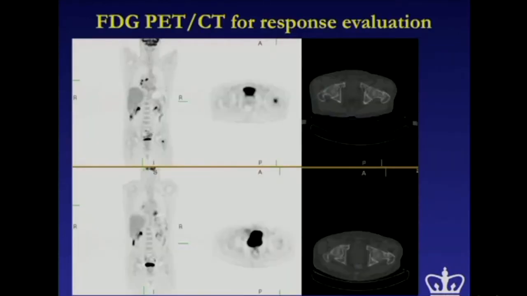And we can use it as a pharmacodynamic biomarker, which means we can use it at baseline to demonstrate the disease in the lung. This is the same patient as the previous slide: disease in the lung and disease in the bone. And we can use it after therapy to demonstrate that this patient has indeed responded, not only in the lung and chest, but also in the bone.